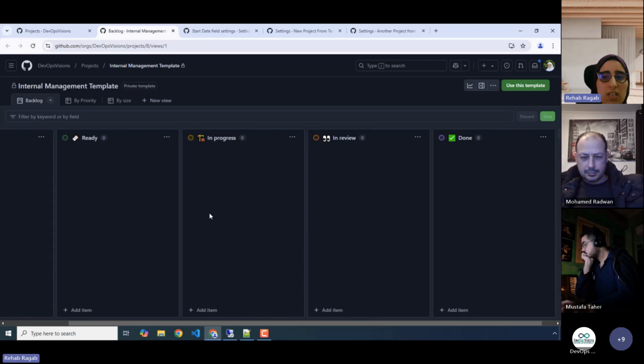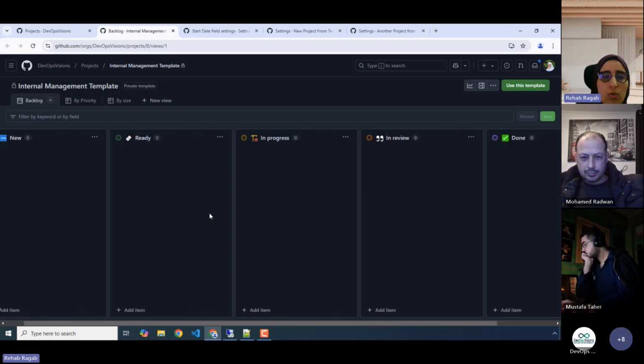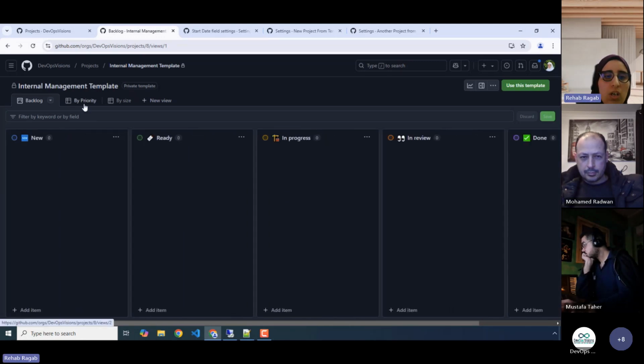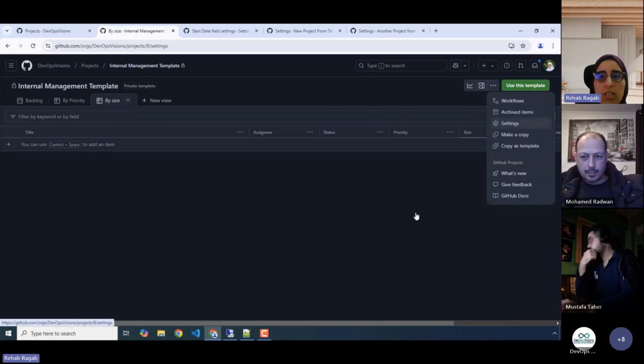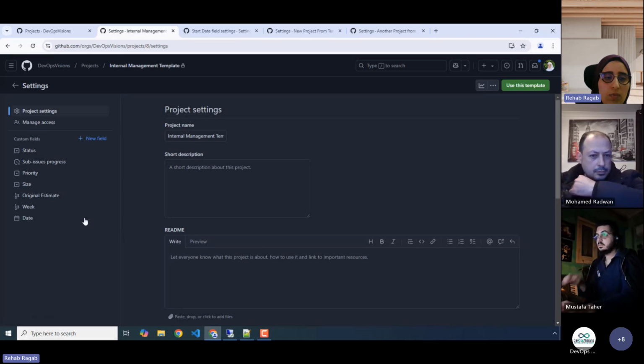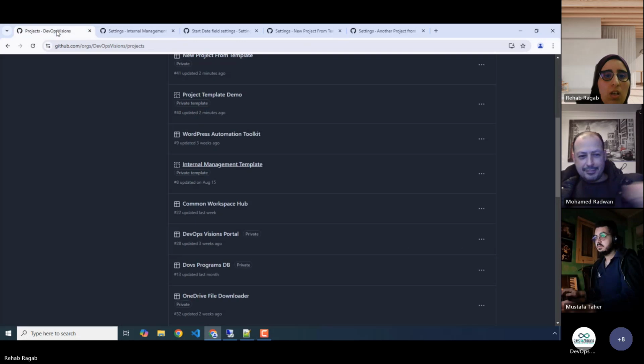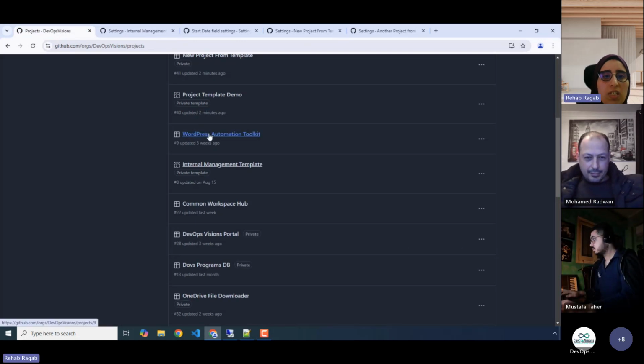We have these columns for this view, and this custom view by priority, by size, and also in settings here for fields, we have all these customized fields, and all these projects were created based on this template.